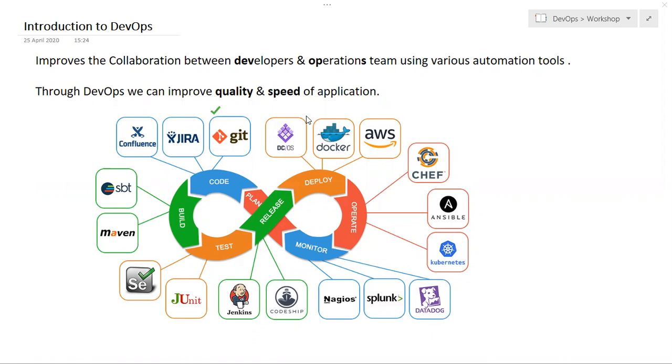Like if anybody in the business comes up with any new requirement, assume we are going to develop one shopping cart application like Amazon. So they will come up with the requirement. Firstly, say user profile is there, shopping catalog is there, then transaction is there, the buyer is there, the seller is there. So small parts are there, right? After collecting the requirement, the developer has to start the coding.